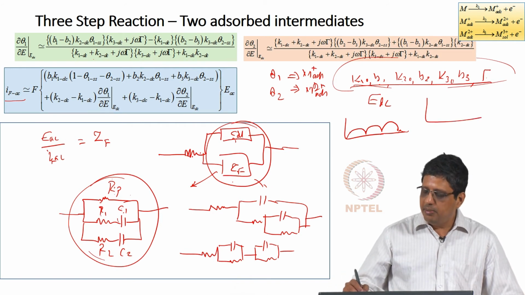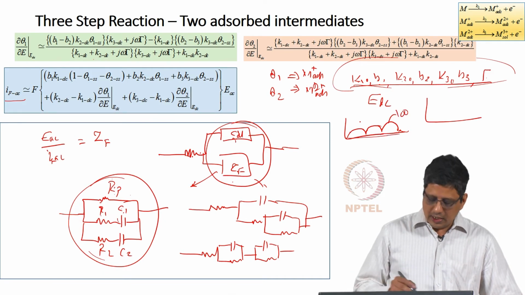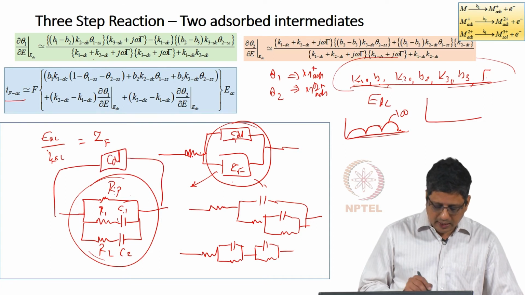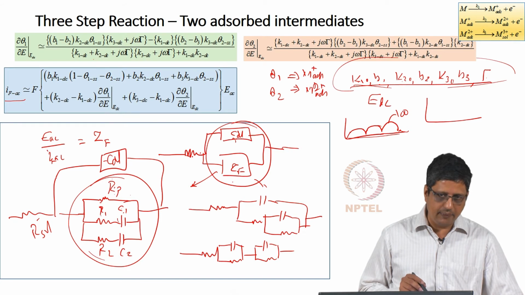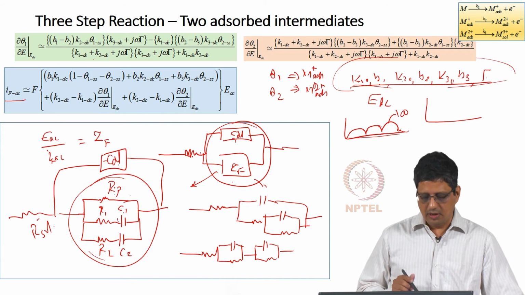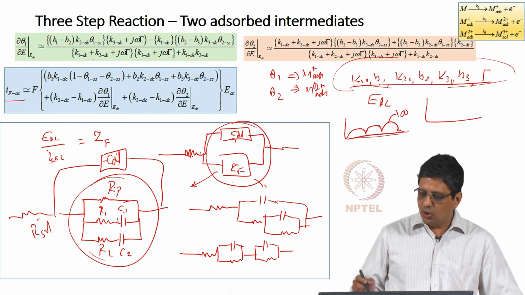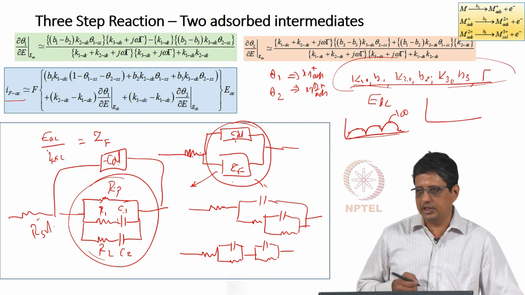One, I need minimum 5 points. I can give 100 points here, as long as I fit it to this circuit, CDL and our solution. I need an absolute minimum of 7 points. I can give many more points, I will still get only 5 elements out of this: 5 elements for ZF and 2 elements for the R solution and CDL. So, by giving more number of points at one EDC, I will not be able to get unique values for K1, B1, K2, B2, etc.